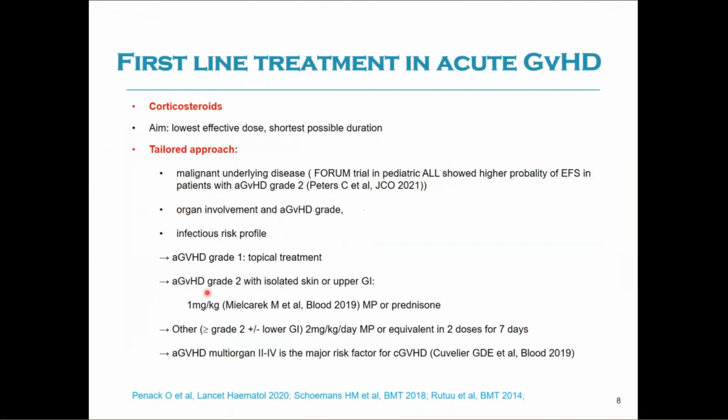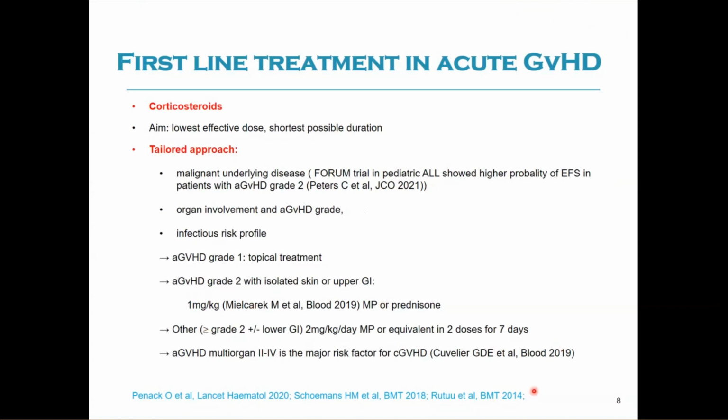In grade 2, with isolated skin or upper GI tract, the treatment should be 1 milligram per kilogram methylprednisolone, and for all the other grades, 2 milligram per kilogram per day methylprednisolone or an equivalent dose for 7 days is the first-line treatment in acute GVHD, which many recommendations